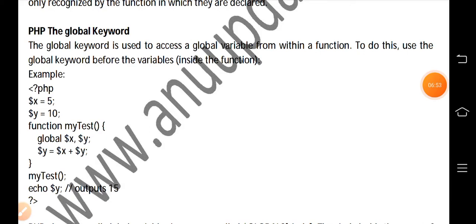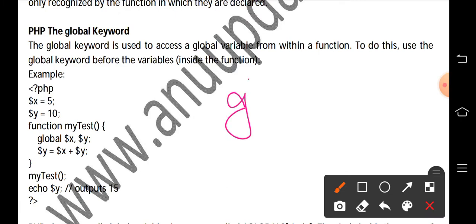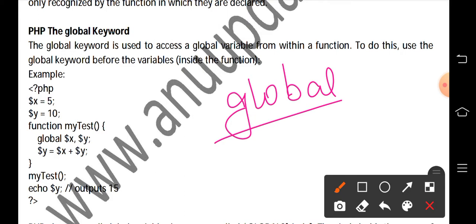Coming to the PHP global keyword: in previous languages we never declared variables as global or local, but here in PHP we have the option to declare a variable as global. The global keyword is used to access a global variable from within a function.